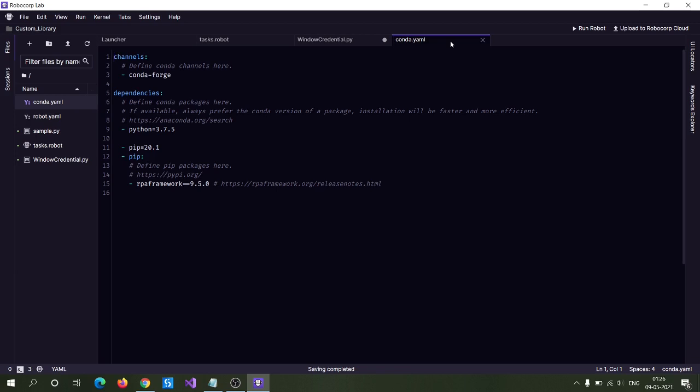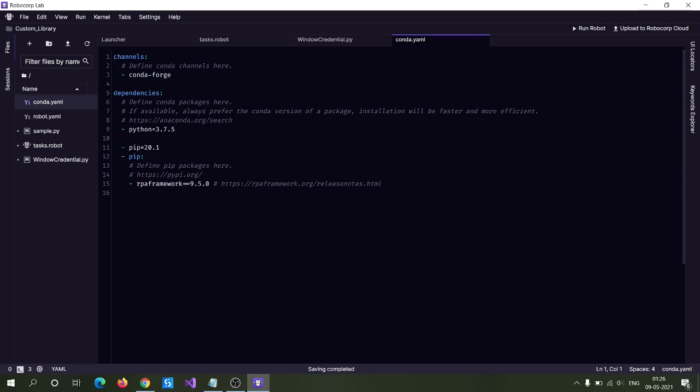When we specify the keyring module in the conda.yaml file, whenever the environment is updated, it will install this keyring module required for our automation.